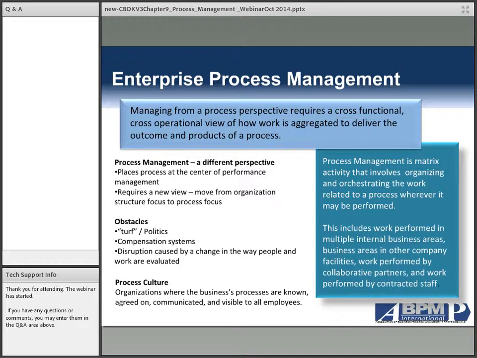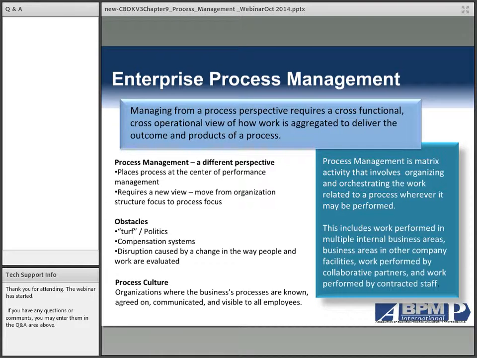The other thing, it's a real obstacle, is that you're now dealing with a different type of disruption. Whereas before, a business unit manager could control everything that's going on within that business unit, you now have a different set of change factors driving different types of activity, different improvement activity and problem resolution, and the way those things happen within